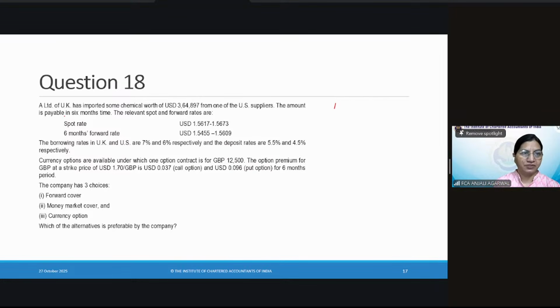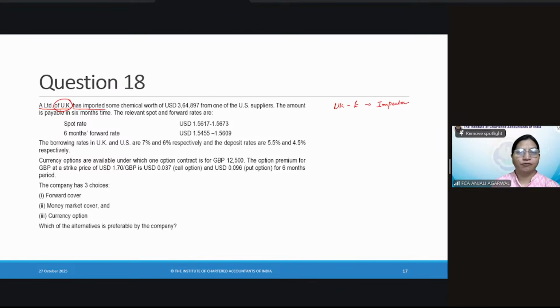Let's now look at question number 18. A Limited of UK has imported. I am very specific here. A Limited of UK has imported is an important phrase. The chemical is not important. For me, in this chapter, what matters is which country and whether you are an exporter or importer. So he's from UK. That means pounds are his home currency. And he is an importer,